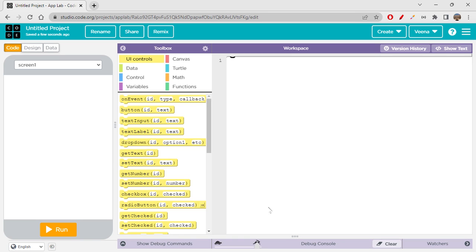Today we'll be learning how to draw geometric shapes on the Applab, right? So we are creating an app today, but not on Thunkable. Today we'll be creating an app on code.org. Like after so many days, we're again getting back to code.org, right? So yeah, let's see how to create geometric shapes on